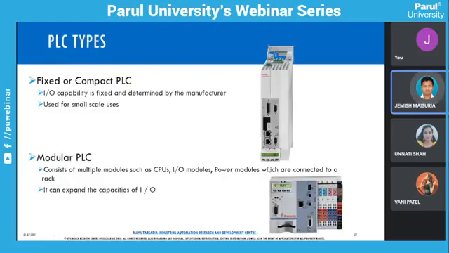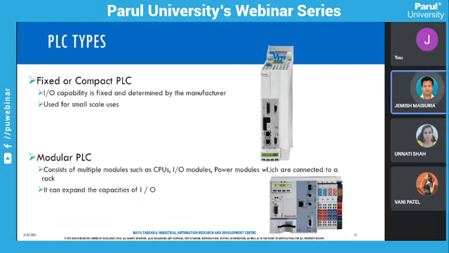Now, as I told you, we'll see different kinds or types of PLC. We have the fixed type of PLC. That fixed type of PLC has a fixed number of inputs and outputs. The first criterion to select a PLC is your cost, and the second criterion is that you can select either a fixed PLC. If you want to select a fixed PLC, then you have to find out the number of inputs and outputs required for your automation machine.